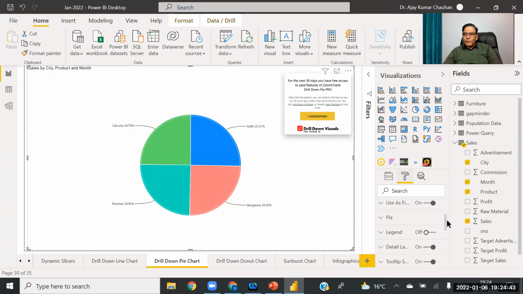In formatting, we are doing the details labels first. Label style, all details labels, format.